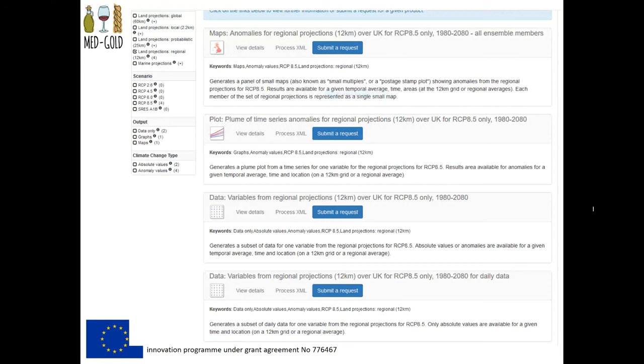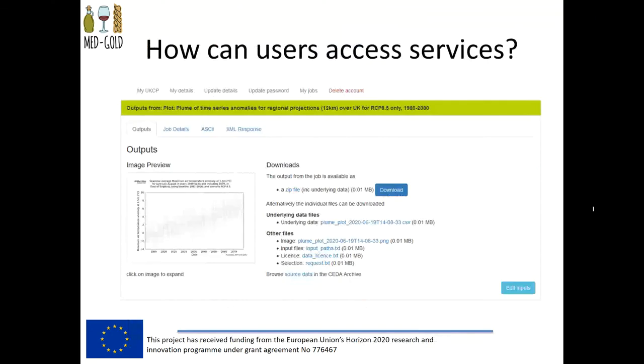So once the user has submitted their request and selected all their options, the job is then queued on a server. It's usually quite quick, but then when it's all finished, the user would receive an email. So Alessandra, if you press the button again. So something like this would appear. When the user receives an email telling them their job is finished, they click on a particular link in that email, and that brings up something like this.